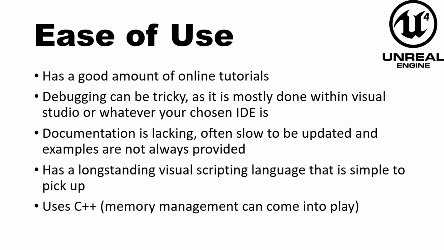But yeah, documentation is lacking. It's often slow to be updated. I know that when I've been working in Unreal and there have been new features added, such as, oh, what was it called? It was something to do with AI. I can't remember what the feature was called, but it was something to do with searching, like sensors, searching the area around an agent. And there was just no information, and the little bit of information that was there was actually about an earlier version. And yeah, the documentation I've found for Unreal is pretty poor.